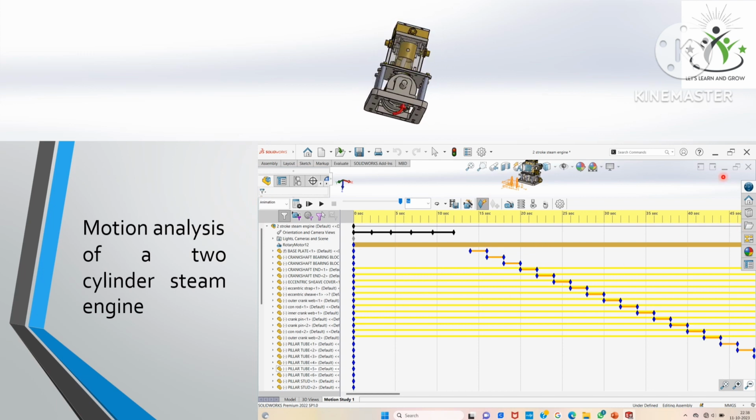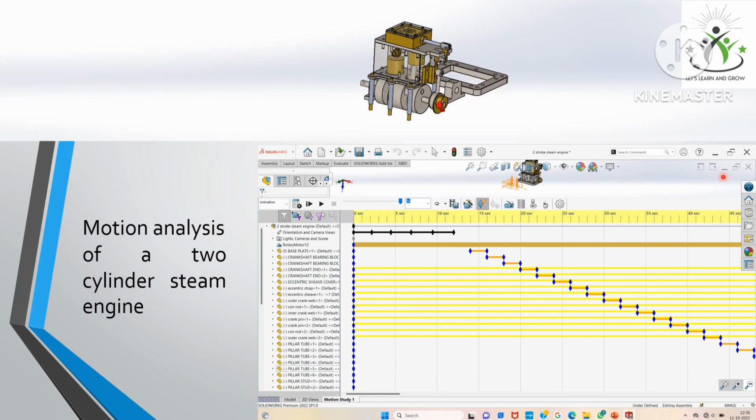You can see we can analyze the motion of any engine or any machine in this software easily, like this. In coming videos we will discuss this engine also, how to assemble it and how to make the parts. In this video we can easily see the parts of the two cylinder steam engine and how they are connected to each other.